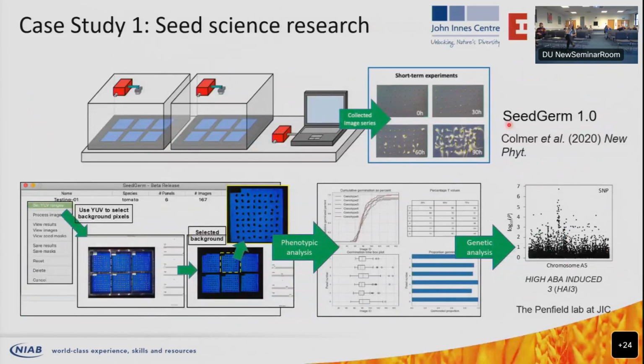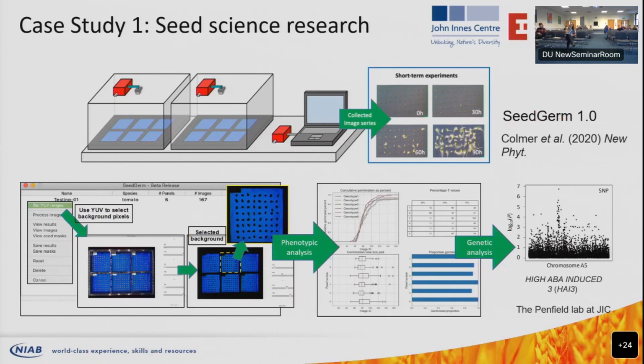Now, this is not the full spectrum, but a large spectrum of what we're doing at NIAB, and also in my Chinese lab. But I want to give you two case studies to explain in a bit more detail what we actually do, from taking the data to analyzing the traits, then linking with the genetics and answering the biology questions. The first one is mainly based on the paper we published in 2020 in New Phytologist,